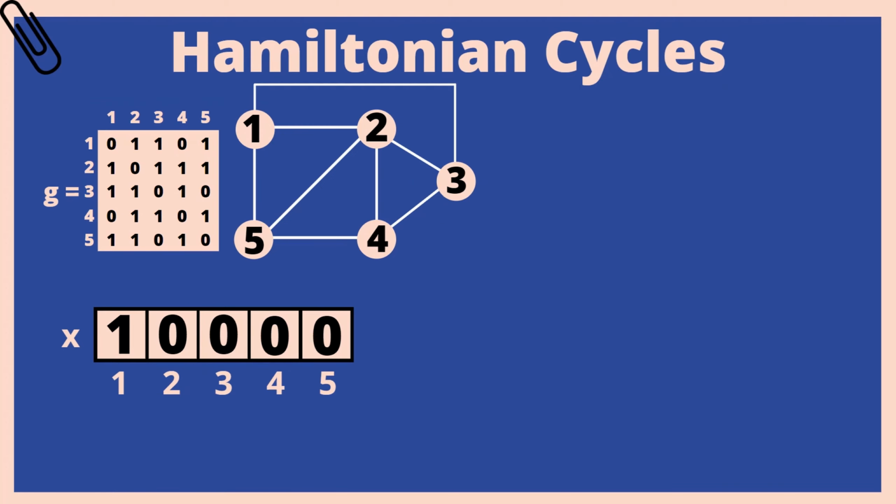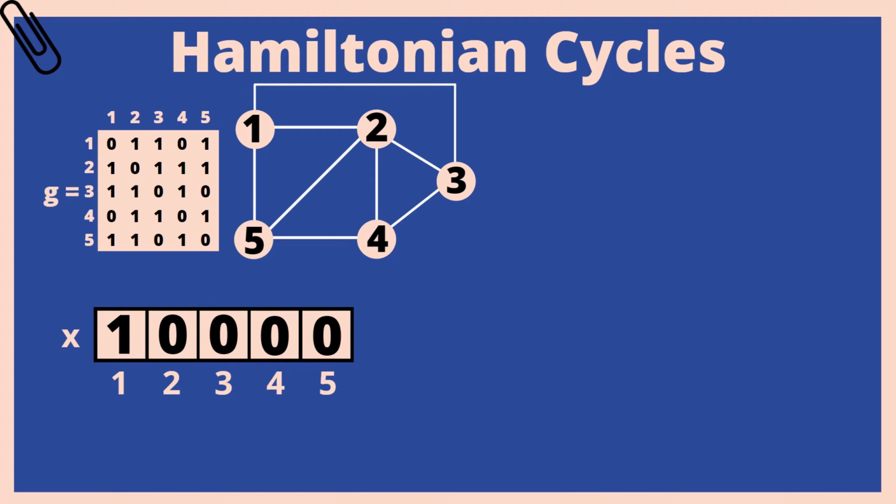Let's know how this algorithm works. This is the adjacency matrix of this connected graph G. G is the adjacency matrix and X is the array which is going to store the vertices of the Hamiltonian cycle. In the programming part, I have marked it as the vertex array, but here I am taking it as X. First of all, we are going to mark the first index as 1 for each and every cycle so that we don't get any duplicacy.